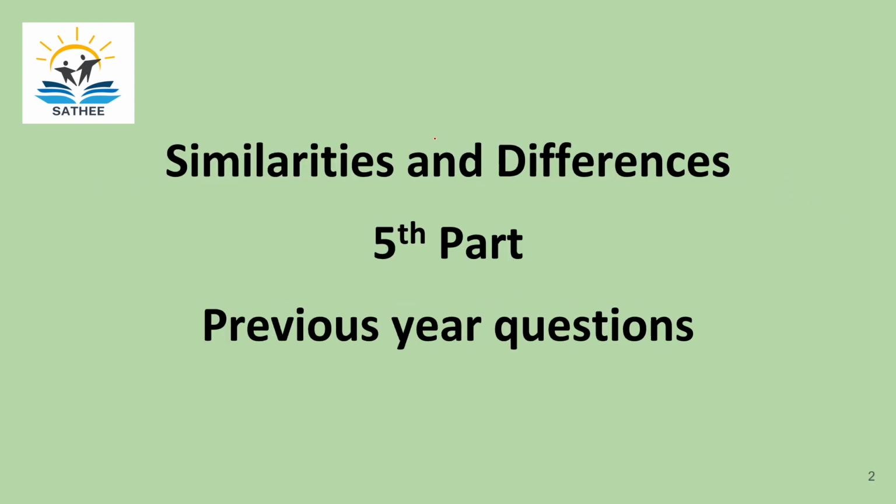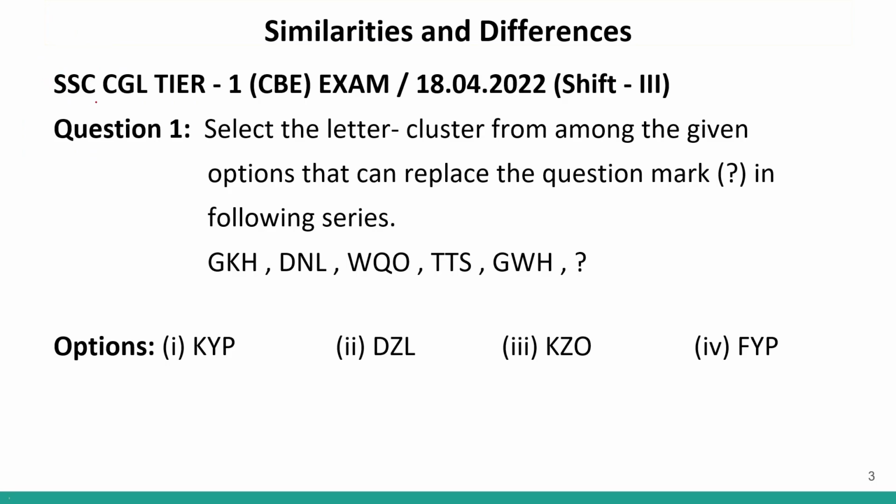Today we will discuss some previous year questions from SSC for similarities and differences. So let us start. This question came in this exam. This is given for your reference. We have to select the letter cluster from among the given options which can come in place of this missing element. Now I told you that whenever you get some series like this, you have to treat each element as